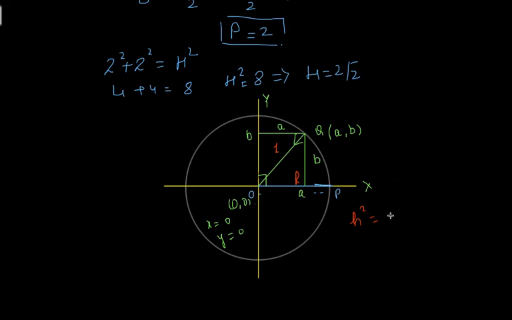So the square of the hypotenuse is equal to the sum of the squares of the two sides, and the two sides are A square plus B square. Now what is the hypotenuse in our triangle? This value. So it is 1 square is equal to A square plus B square,